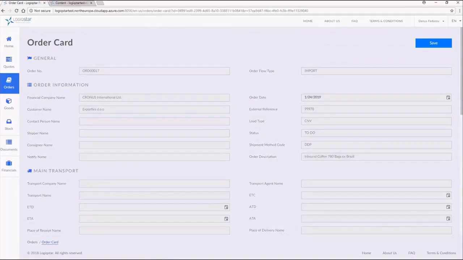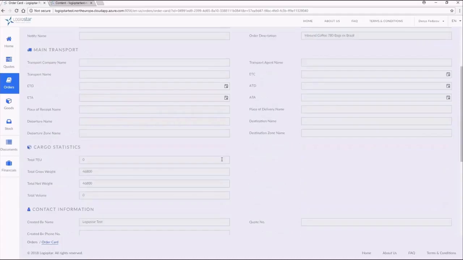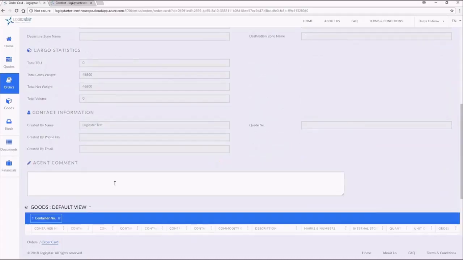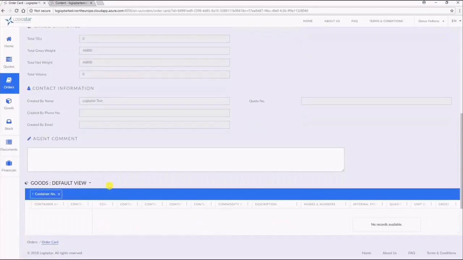Here, the card doesn't display information from a single page in Logiqstar. You may think of it as a summary of information from multiple task pages within an operational order. Again, here we have an editable field, which is called agent comments, where the comments from an agent can be added. They're synchronized back to the ERP Logiqstar order nodes and assigned to the file manager, so he's notified about it